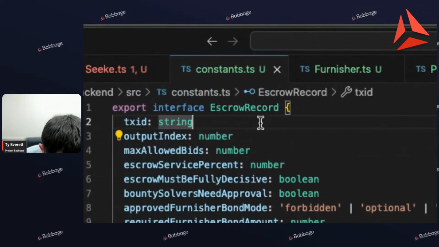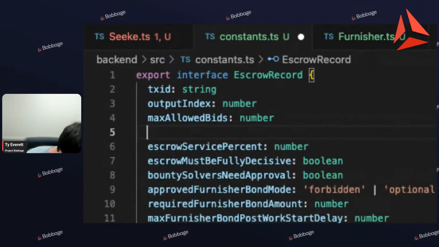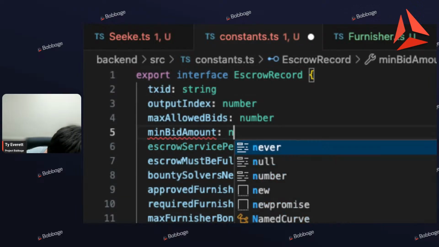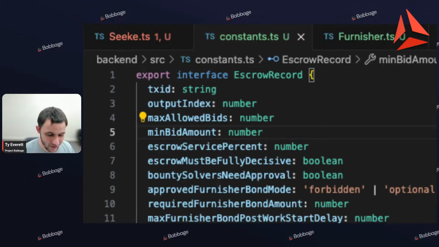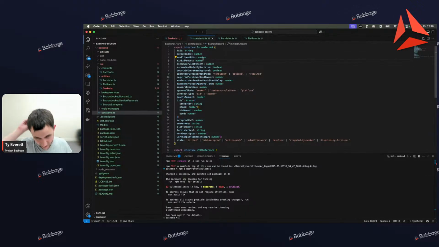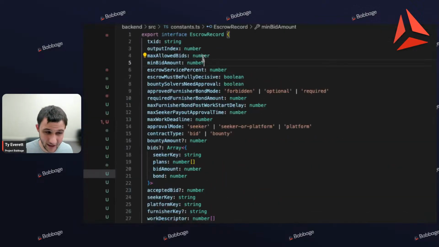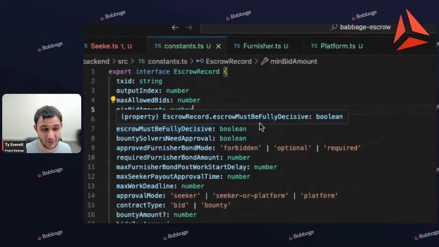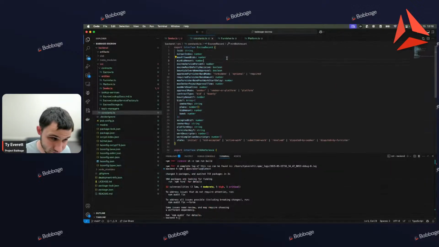The one thing I think I should add is a min bid amount. There's always going to be little things, right? If you bid below a certain amount, your bid cannot be inserted into the contract. It won't happen. Right? To summarize what I've come up with for this contract,